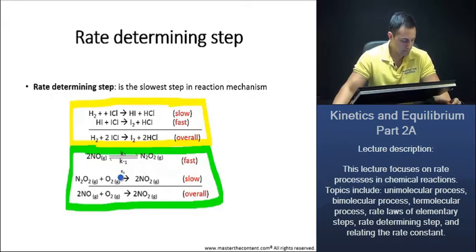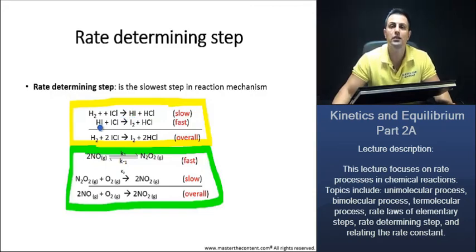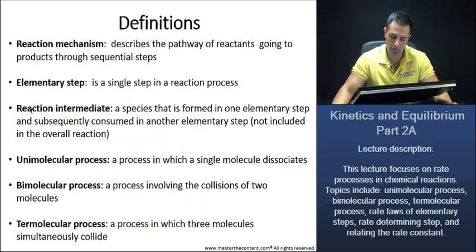Perfect. So now what we actually need to take a look at here is one other thing that I want to show you guys. You see here, hydrogen iodide is being produced here and it's being consumed here in the second reaction. Furthermore, it's not in the product. And what did we say is being produced in the first elementary step and is being consumed in the second elementary step and is not in the product? That's the reaction intermediate, right? The reaction intermediate, a species that is formed in one elementary step and